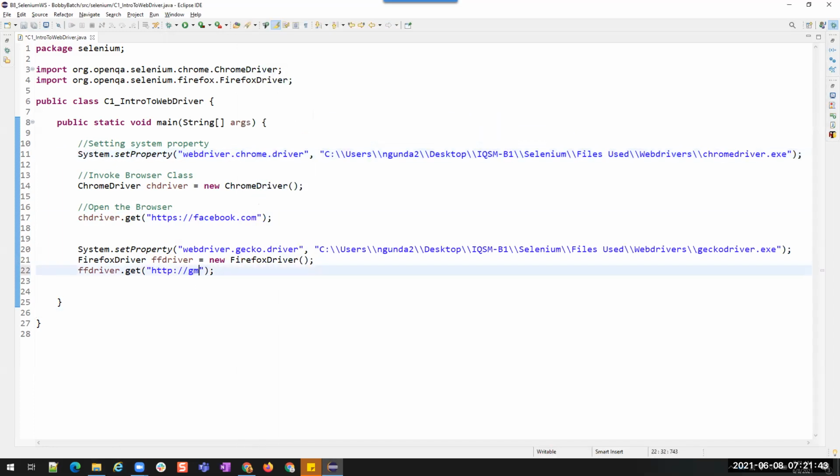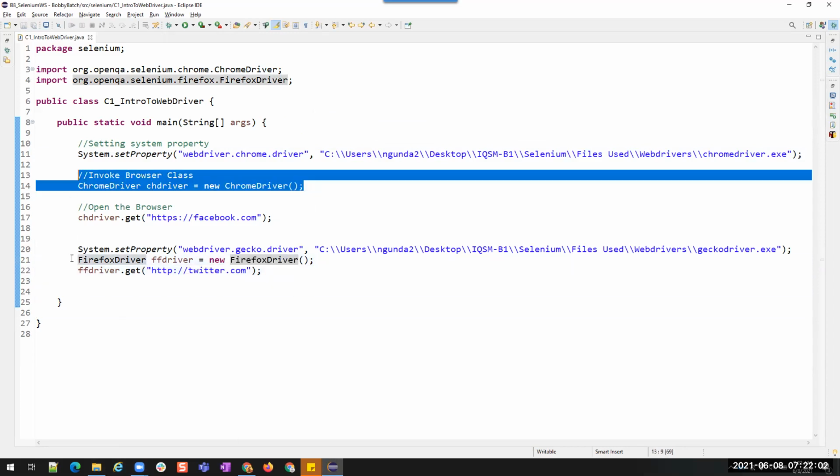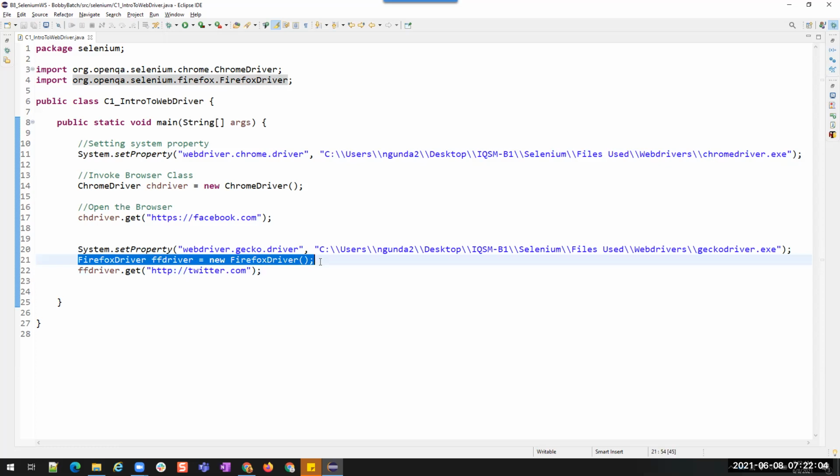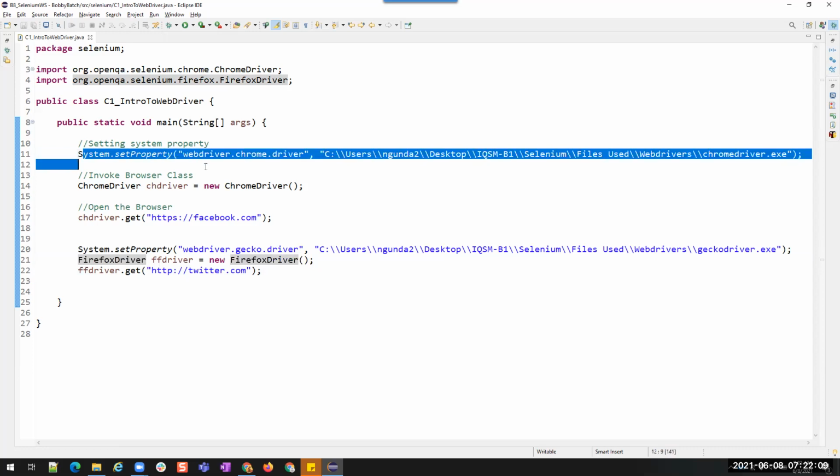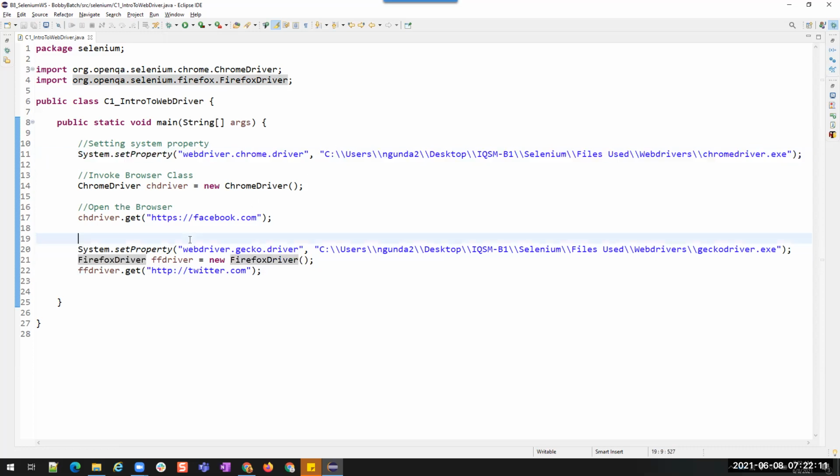And suppose I open not Gmail, I'll open Twitter. Now on Chrome we are opening Facebook, and on Firefox we are opening Twitter. So the only difference is, for Firefox we are invoking a Firefox class object, and then we are also letting the system know where the Chrome driver is present and where the Firefox driver is present.